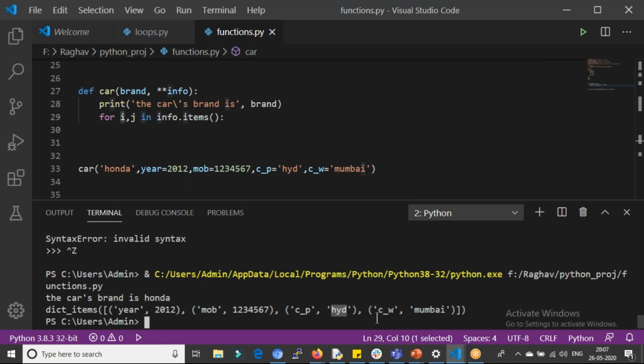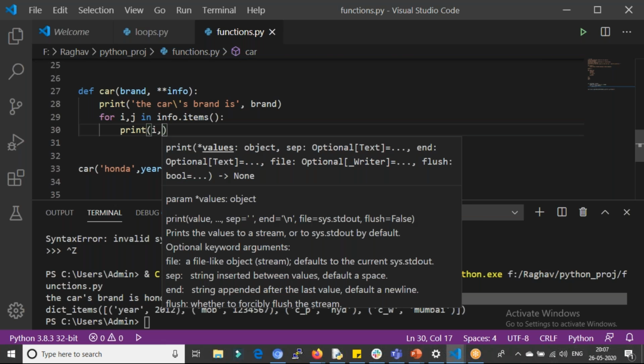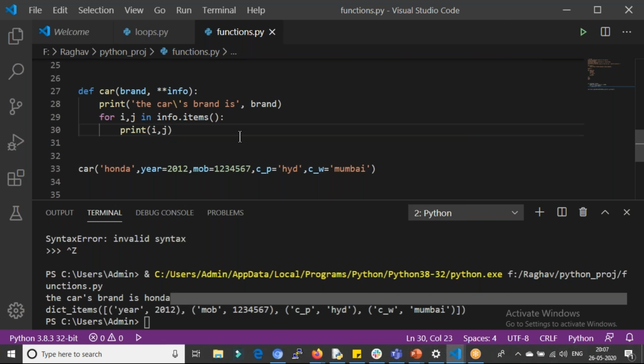So now if I try to print, let's just print i comma j. Now if I run this, it's a better understanding, right?